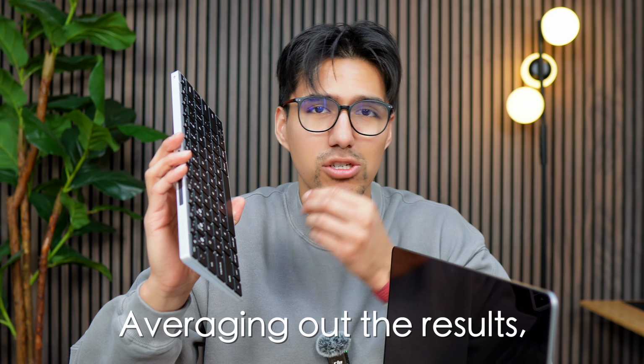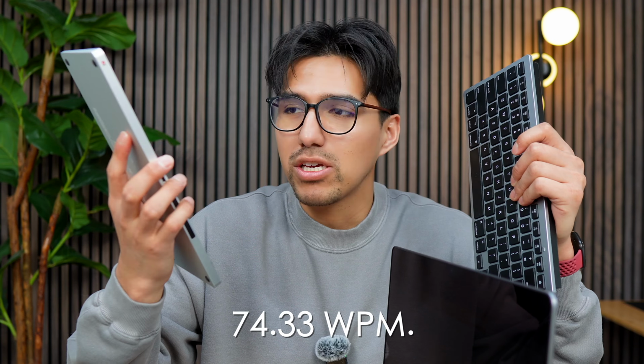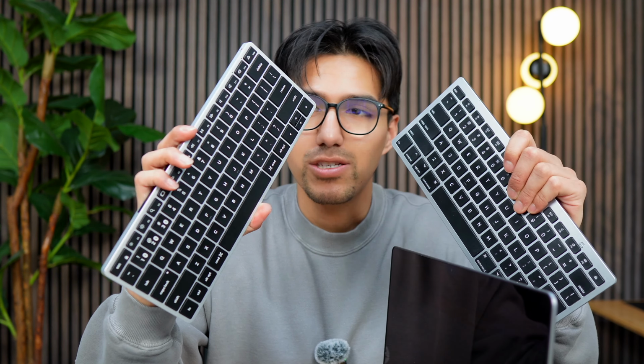And also this felt like maybe it was a little bit too close. Maybe that's why I was typing just a little bit slower on this when compared to the one I'm used to. But it can also be just because I'm already used to this, so I'm efficient on this one when compared to this one. But yeah, either way, overall, I'm excited to start using this one more,